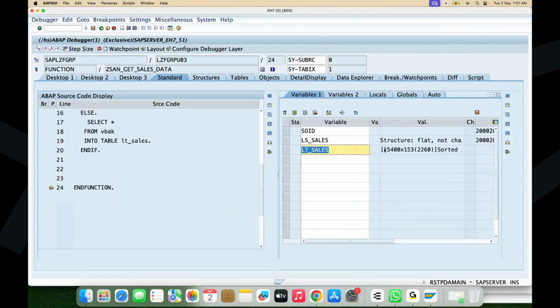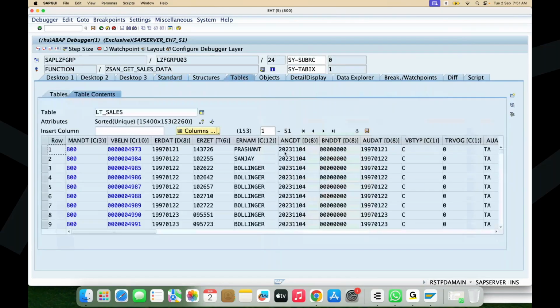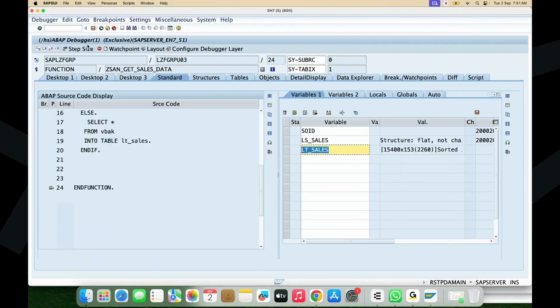And in LT sales, when you double click, you can see there are nearly 15,400 records of 153 columns. A memory of 2260 KB is allocated. And these are all the records' information. When you execute,